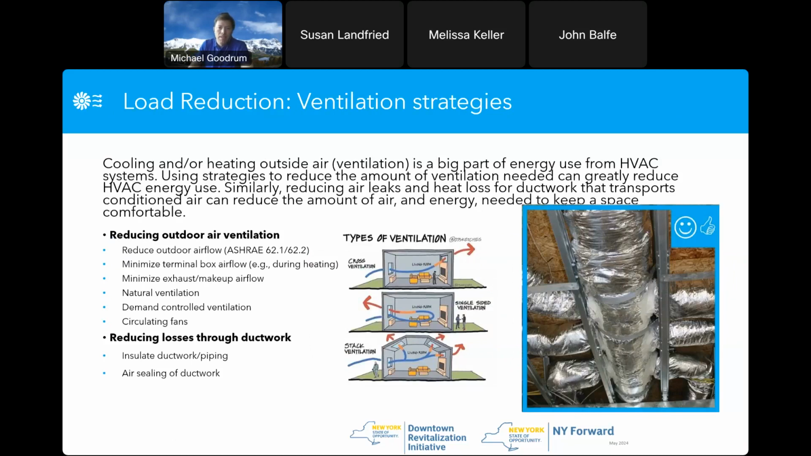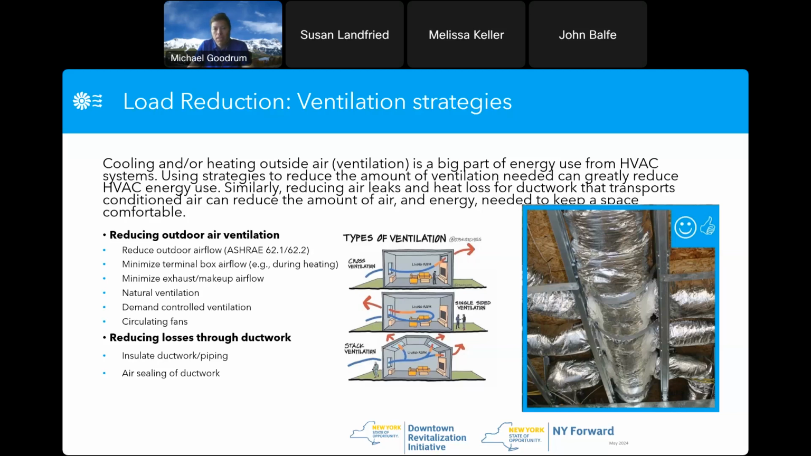And then ventilation strategies for heating and cooling loads. That can be a really big part as you move toward electrification and thinking about heat pumps. So, first steps are reducing the amount of outside air you're bringing in. There are a whole bunch of different strategies here, like ASHRAE 62.1, 62.2, and demand controlled ventilation, things like that. They're really all getting at reducing how much outside air you need just to meet the number of people that are in the space, and not bringing in more than is necessary, because then you have to heat